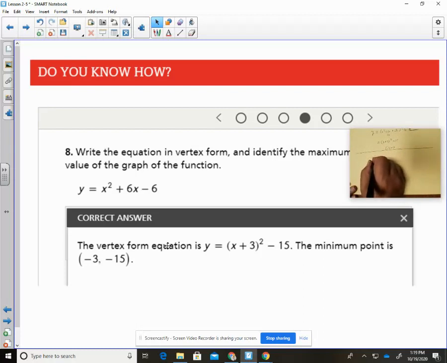So I'm going to have to take the 6 to the other side. Okay. And so then that would give me x squared plus 6x plus something. And I would say 3, and that's 9. Now, since I added 9 to this side, I'd have to add 9 to that side, and that'd give me y minus 15 equals x plus 3 squared. And then how do I do that? I got to add 15 to both sides, right? So to me, it's easier